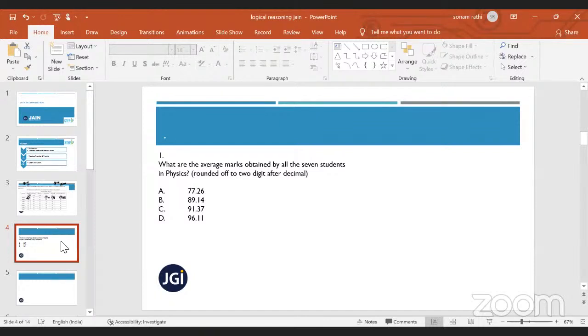Do the calculation. 108 plus. Second one will be how much? 96 plus 84 plus 96 plus 102 plus 78 plus